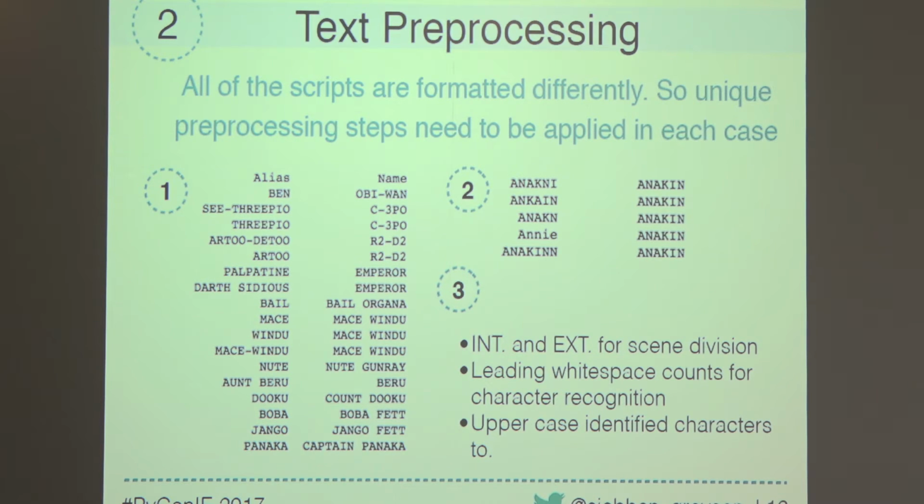I found spelling mistakes and stuff like that. In number 2, there was more than just Anakin, but the spelling of Anakin seemed to be an issue. So I just had to enter that into an alias and have that as my definitive name. Small things like R2 and Threepio, I would usually see as C3PO, as you can see in the name side. Otherwise, there was always a little tweak for each of the scripts. So it wasn't a nice, clean, fully automated process.